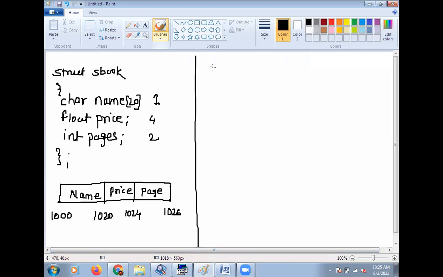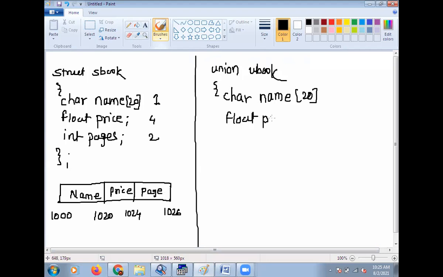And in case of union, suppose union student book or ubook, and you write the same data types: character name 20, then float price, then integer pages.